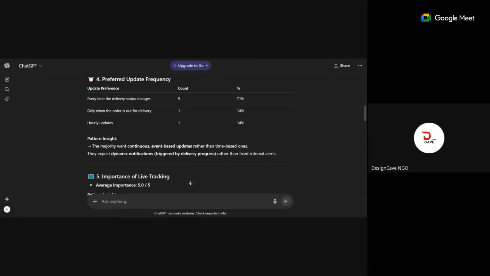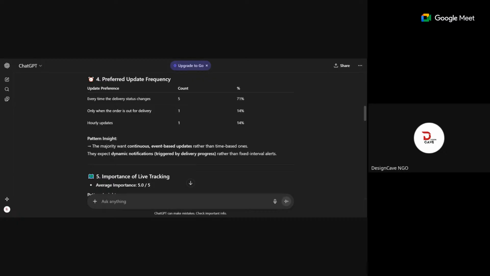Nobody selected 30 minutes to delivery, because I wouldn't even pick that either. Hourly update says 1. Only when the order is out for delivery says 1. Each time the delivery status changes, that lets you know that people want to know what is happening. Do you get?